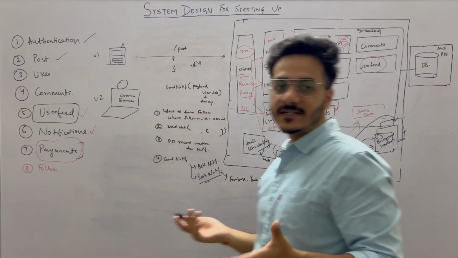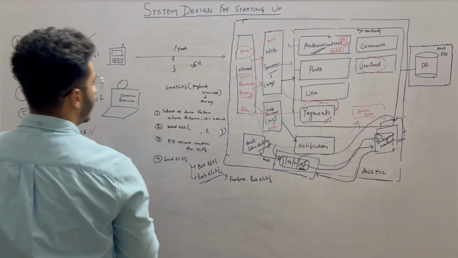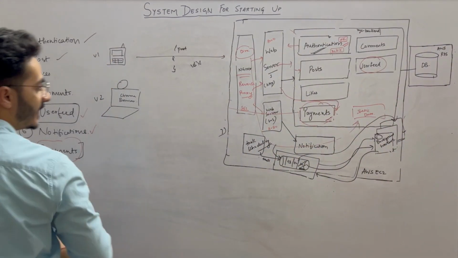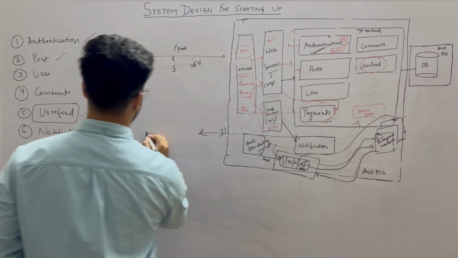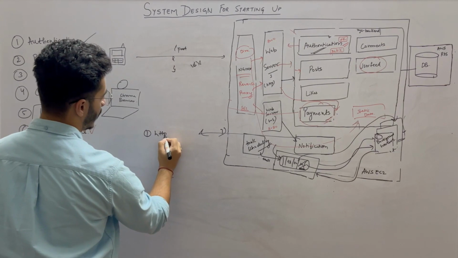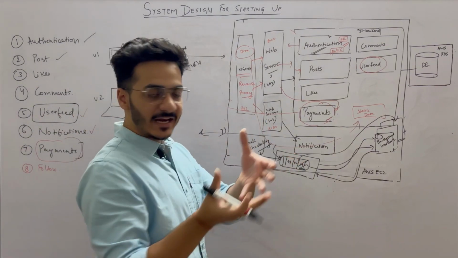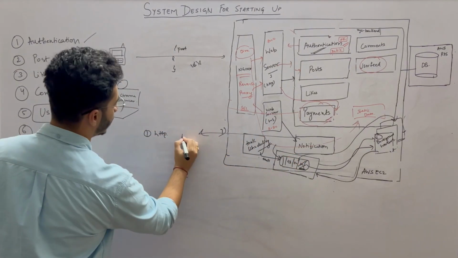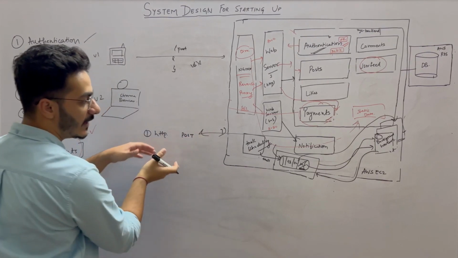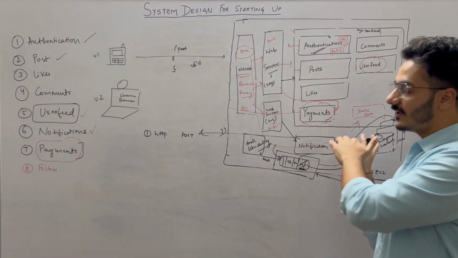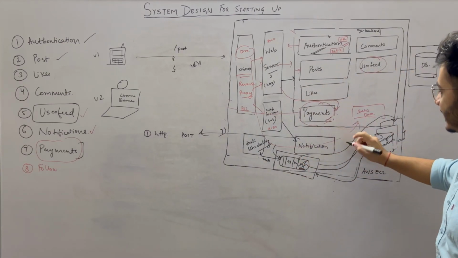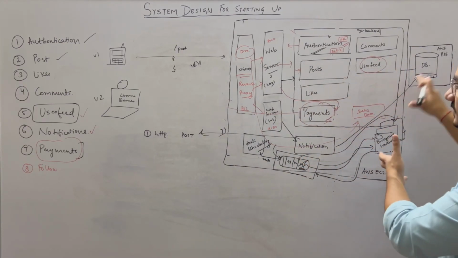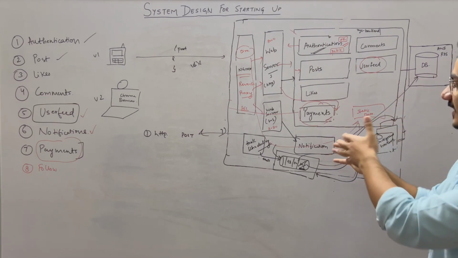One way is through HTTP calls, right? What you can do is create an endpoint inside this notification part and receive parameters inside that, which will be a POST request, which will receive the payload and user IDs and send the notification to these people. And of course, this notification service can still contact this DB directly,